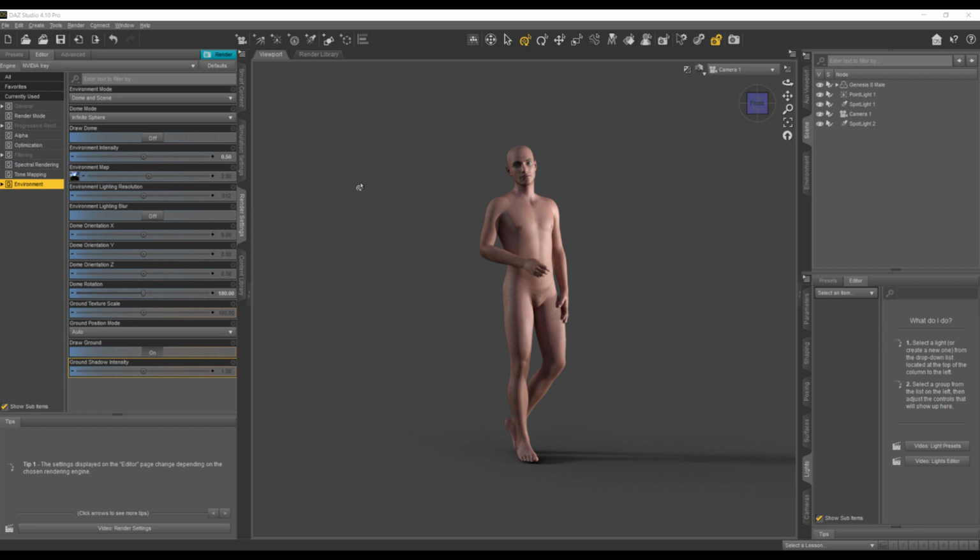One thing I want to do before that though is just remove the ground, because the shadow is not fitting anymore, and a lot of the time you're gonna have to do it again in Photoshop anyway, unless you have a very flat floor. You might be able to use this one, but a lot of the time it's just better if you create your own shadow. So I'm gonna disable that,